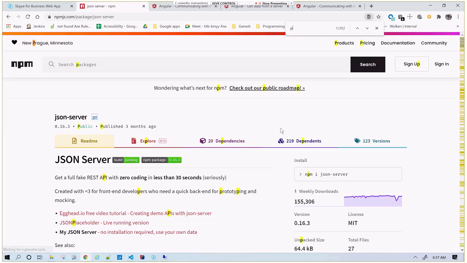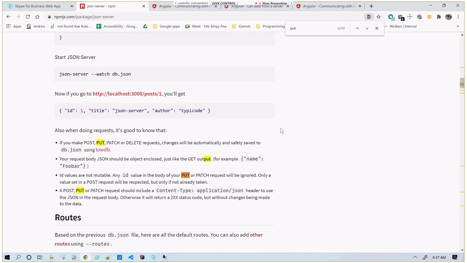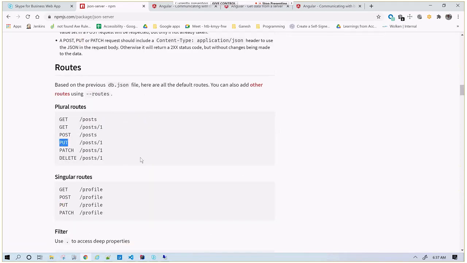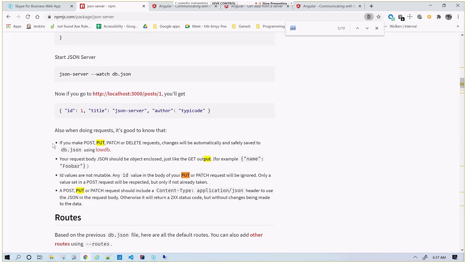Okay, I'm just checking the syntax of that put method. Post one. Oh, it's adding posts. Oh, it is the same.